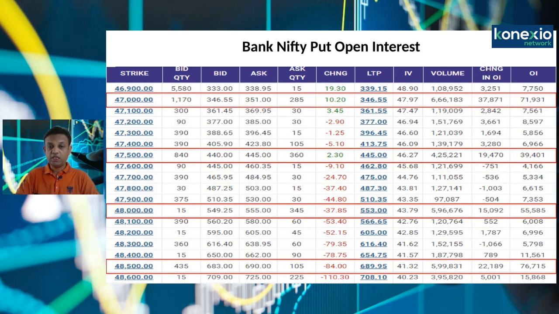In Bank Nifty puts, there has been a drop in the option premium, which is clearly indicating that smart money is already into writing the puts. Writing the puts and the highest implied volatility in recent times clearly indicate that the writers will get aggressive in writing Bank Nifty puts, which will push Bank Nifty on the upside very strongly in the coming trading sessions. So one should avoid going short in Bank Nifty. If there is a correction, that should be used as a buying opportunity. But looking at this data, one should avoid going short.